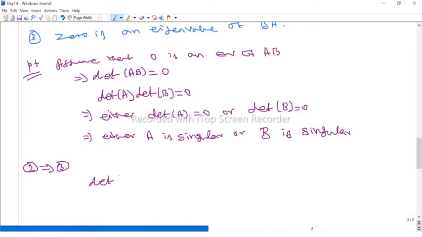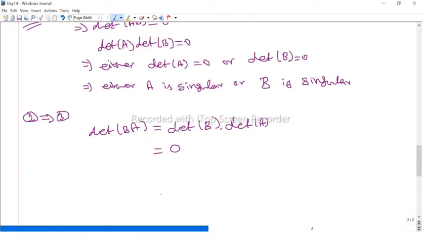So we are assuming that either A is singular or B is singular. Now what is the determinant of BA? By the properties of determinant, this is nothing but determinant of B times determinant of A. But we assumed that either A is singular or B is singular. Therefore, one of the numbers must be 0: either determinant of A is 0 or determinant of B is 0. Anyway, the total product is always 0. Now we get the determinant of BA equal to 0, but the determinant is nothing but the product of the eigenvalues. We get the product is 0. Therefore, 0 is one of the eigenvalues. Therefore, 0 is an eigenvalue of the matrix BA.